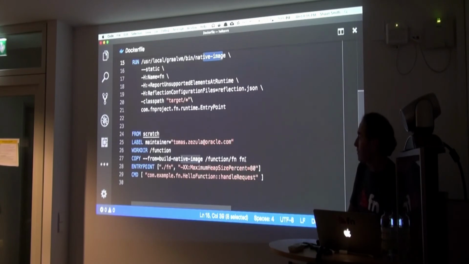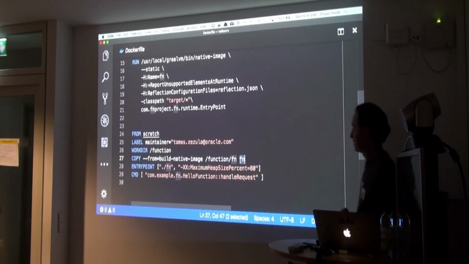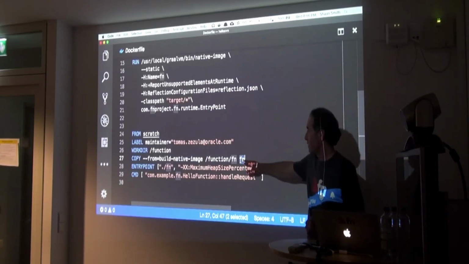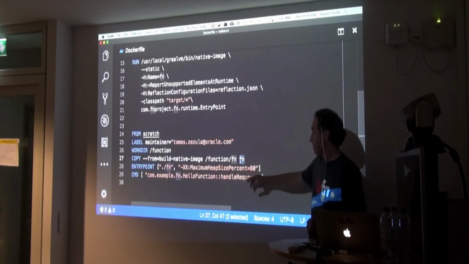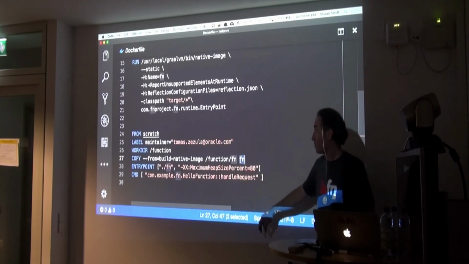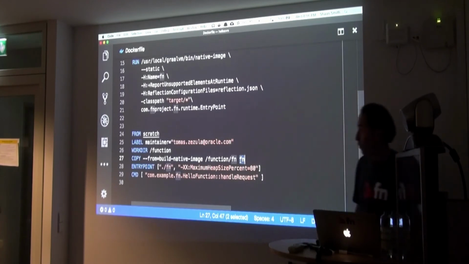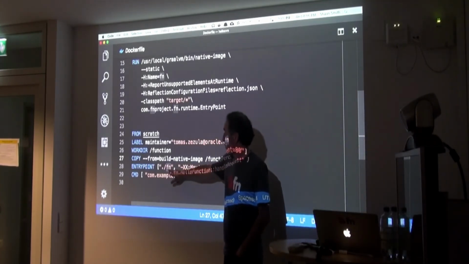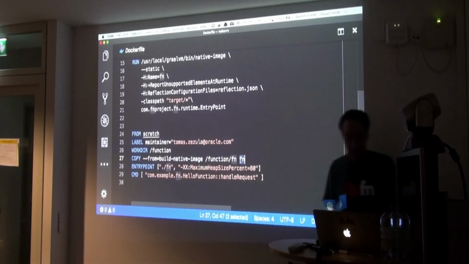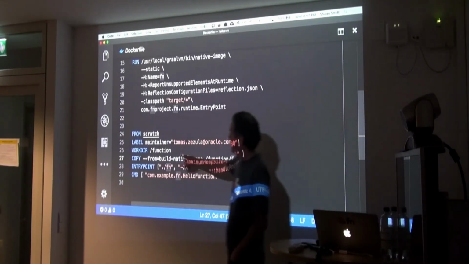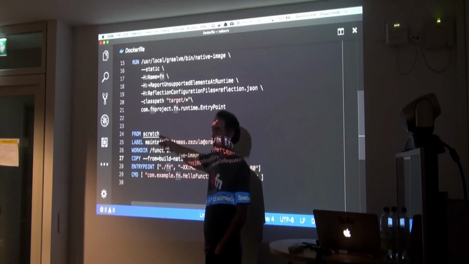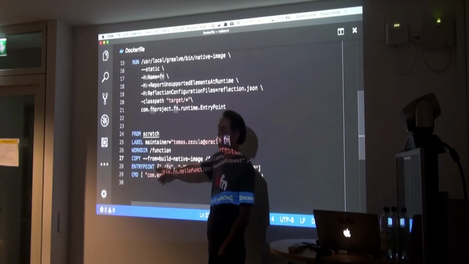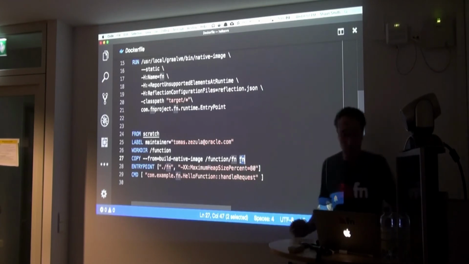The binary is called FN, which, I told them, is confusing, because the name of their binary is the name of our command line utility. I asked them to change that to something else, but they produce this binary, and they are going to invoke it. So the entry point is that static piece of code. The other thing they're doing here is using FROM scratch. So they've got almost no container, just enough container to run the environment. That's all they need to use. It seems to work out.